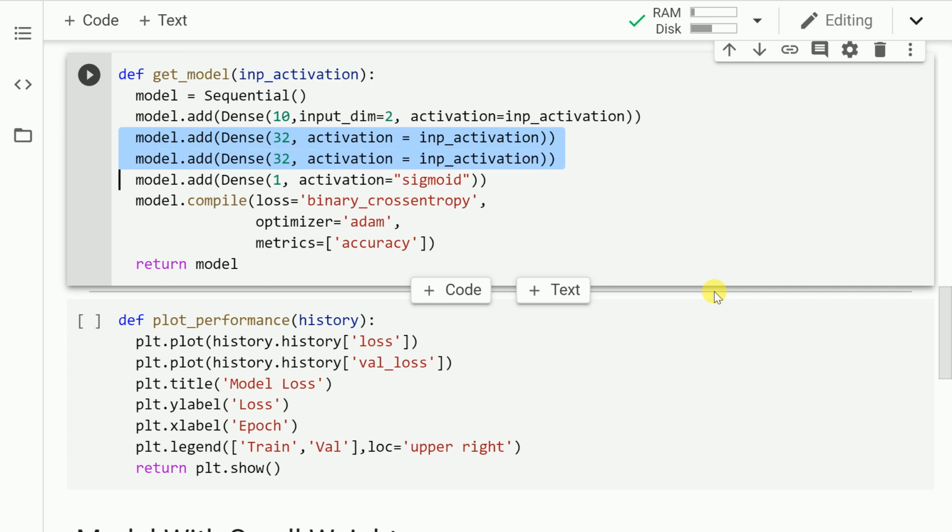In the next two lines of code, I create two identical hidden layers with 32 neurons each and a variable activation function, which I again catch hold of from the function call. The final part of the architecture is where I define the output layer, which is again a dense layer having one neuron, and the activation that I use in this case is the sigmoid activation function, given this is a binary classification problem. The next part of the code is where I specify the loss function, the optimizer, and the metrics that I am creating the model for. So if this idea is clear, let's import this function in memory.